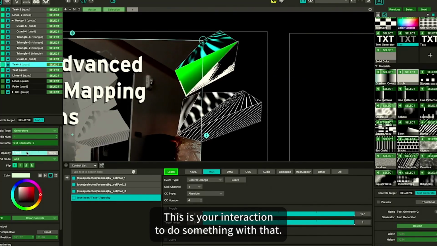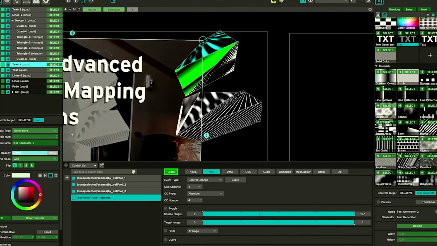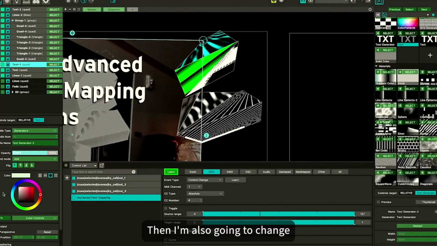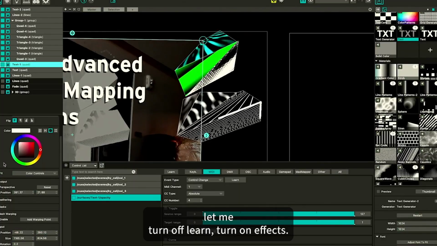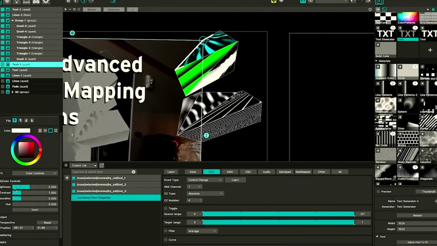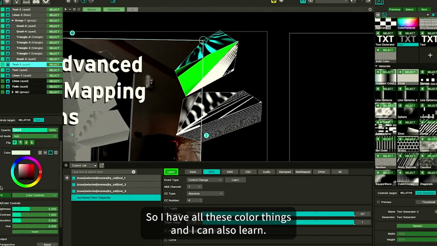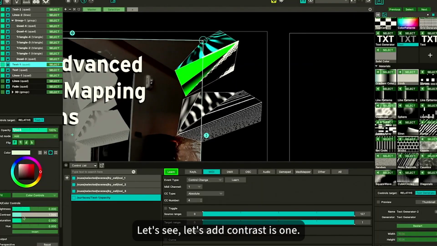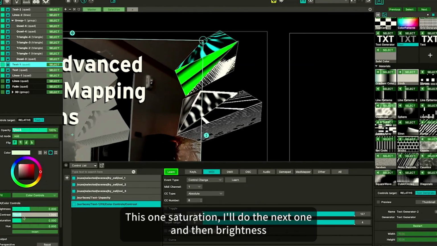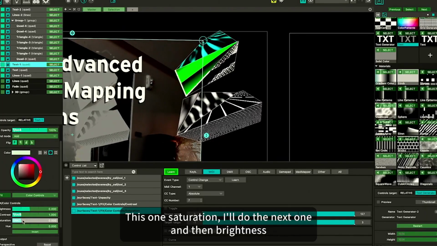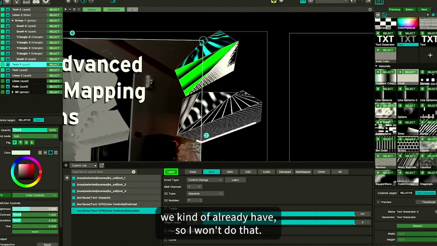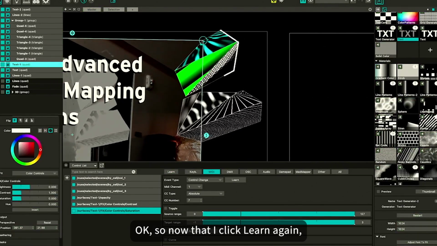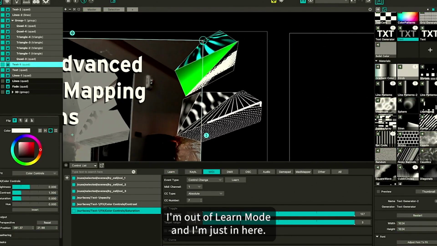This is your interaction to do something with that. Then I'm also going to change, let's see, down in, let me turn off learn. I'm going to turn on FX. So I have all these color things, and I can also learn, let's see, let's add contrast as one. I'll do that, this one, saturation, we'll do the next one, and then brightness we kind of already have, so I won't do that. Okay, so now that I clicked learn again, I'm out of learn mode, and I'm just